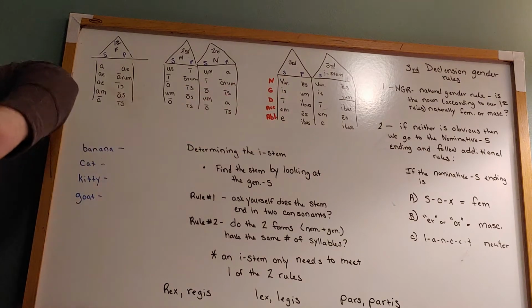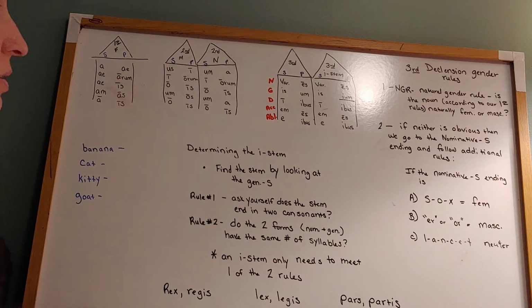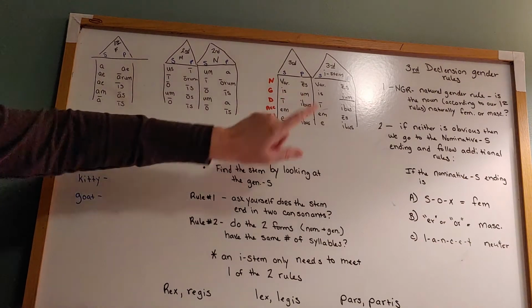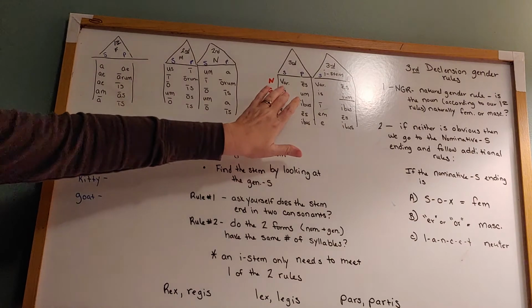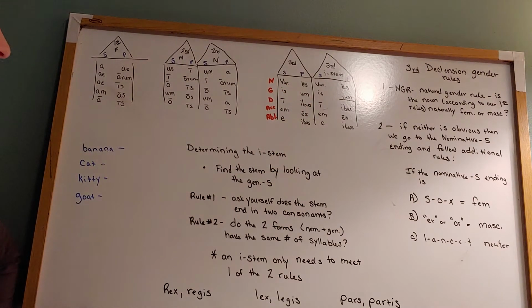So various is not an ending. Various tells us that the nominative singular will vary, and so there is not always an ending that we can put there. We can recognize the third declension by the genitive singular, is. So when we see is at the end of a word in Latin, we will know it is third declension. We will not know its gender yet, but we will know that it is from the third declension.